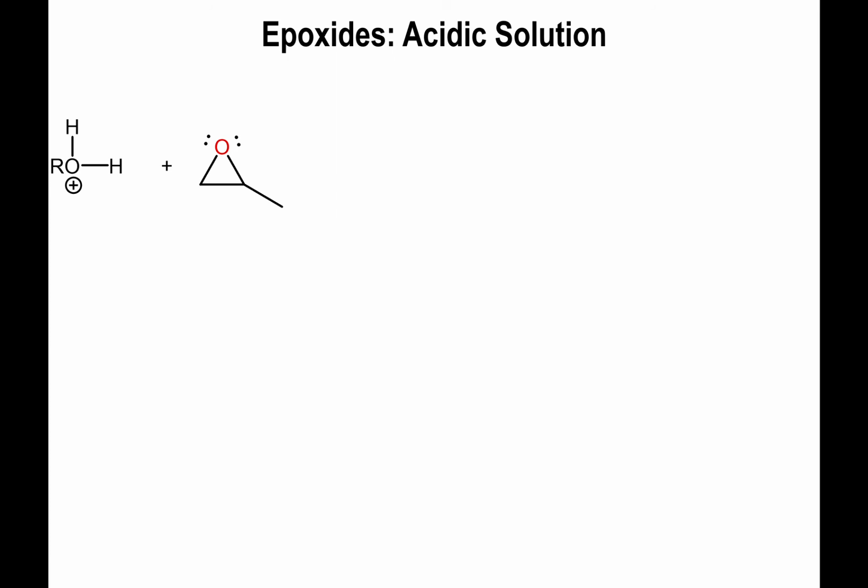You could react your epoxides under acidic conditions, because the first thing was basic conditions. We produced the alkoxide and we reacted the alkoxide with the oxirane ring. But what if we instead have acidic conditions, in which case we don't deal with the alkoxide, we just deal with the alcohol, but we do have acid present in solution. And this, by the way, will require that you only add a catalytic amount of acid, as you're about to find out. So here is a protonated alcohol, meaning that I've added probably already HCl or some other strong acid